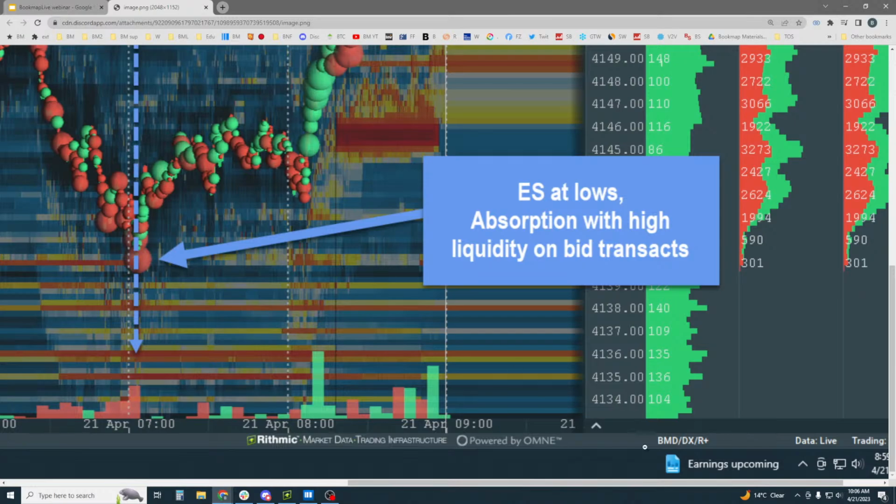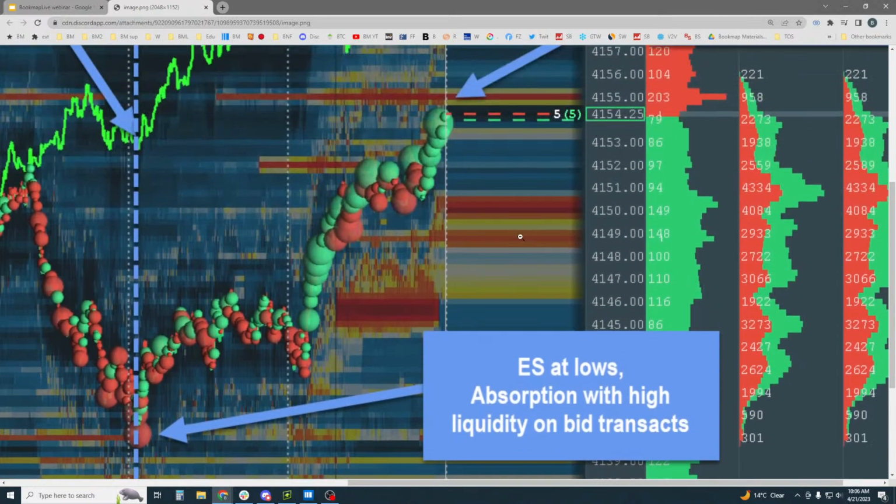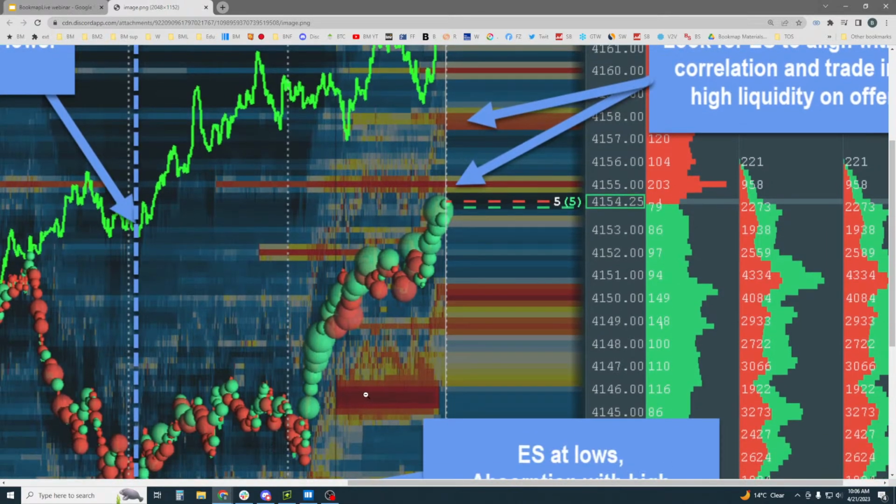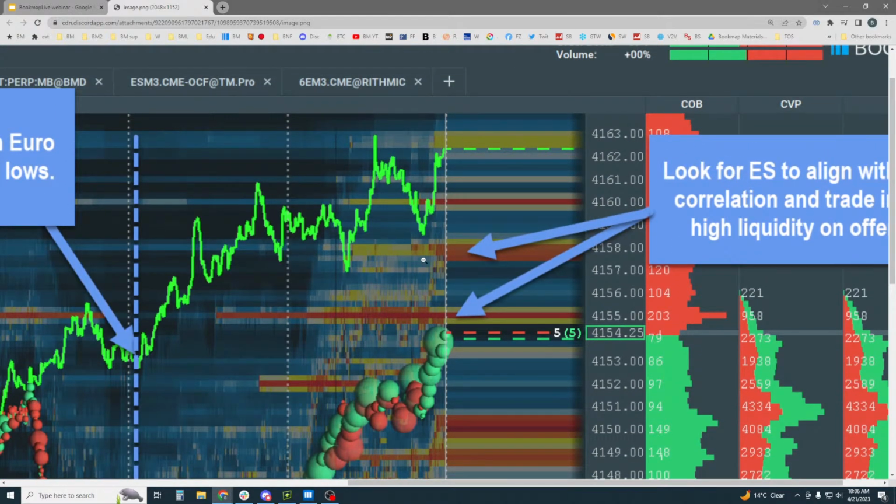There's an imbalance here. All right, and then up here, well, start to target high liquidity. So if you get involved, look at this on the bid at a higher level. They're still on the bid, trading into high liquidity. It's still going higher. So you look for 55, you look for 58, you look for 60. As long as this correlation is working and you see buying strength come in the ES,